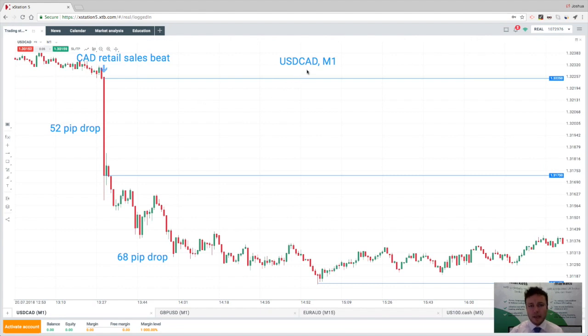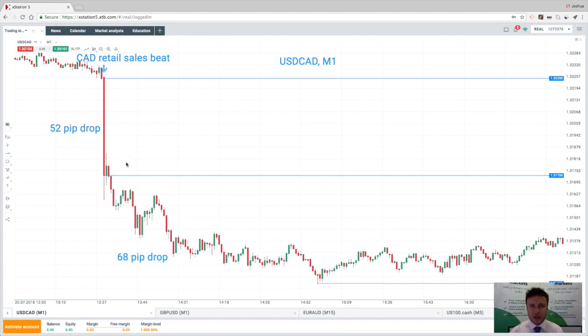This is a 1 minute candlestick chart of US dollar CAD taken from last month, from the 20th of July. So you can see at 1:30 we had some better than expected Canadian retail sales data, and what this caused was a sharp move higher in the Canadian dollar. Remember, US dollar CAD falling is a sign of Canadian dollar appreciating or US dollar depreciating. Okay, so in the first minute of trade here, we had a 52 pip drop on this stronger than expected data,